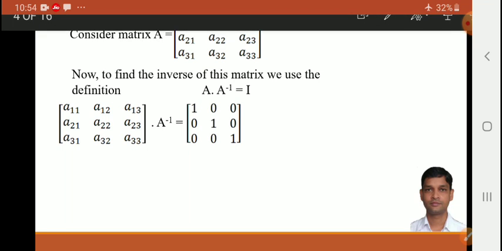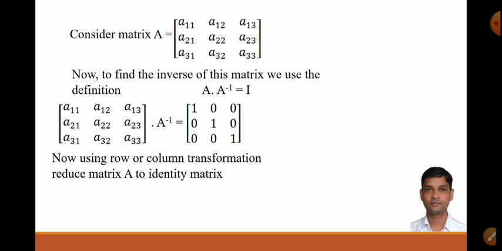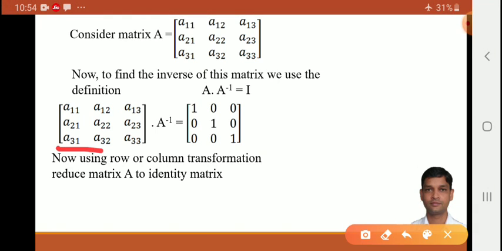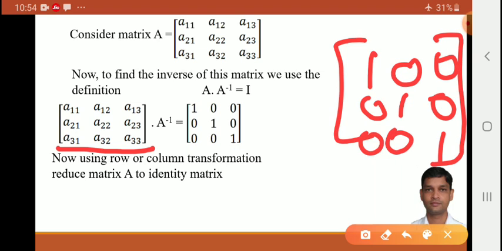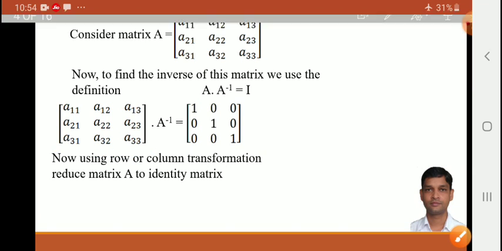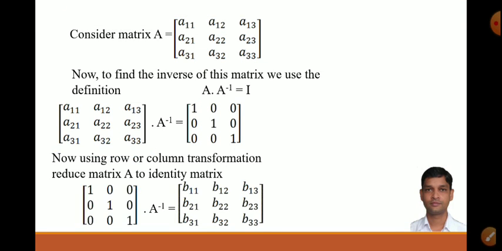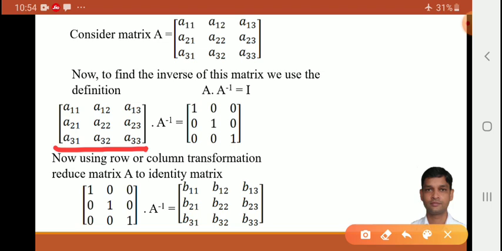So by using row or column transformations, we have to reduce this matrix A to identity. Means identity matrix is 1 0 0 0 1 0 0 0 1. Okay, we have to reduce matrix A to the identity matrix. So after the reduction, you will get an equation like this. We have transformed this matrix into an identity matrix by using